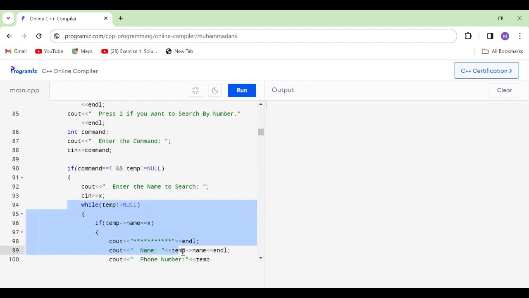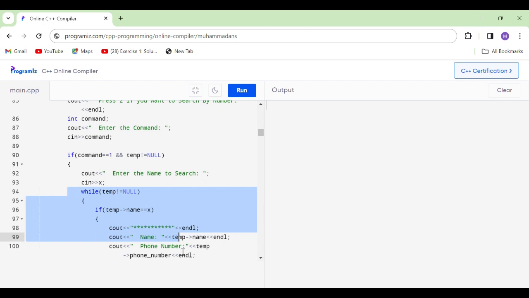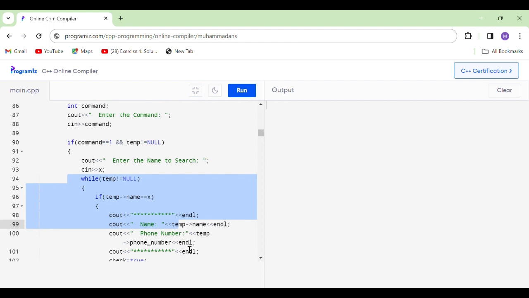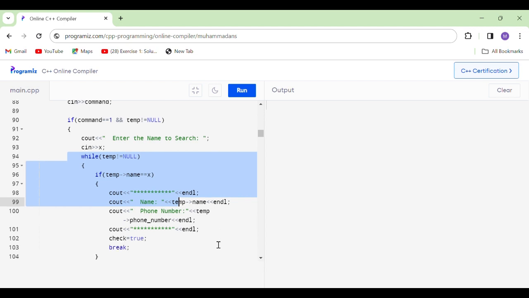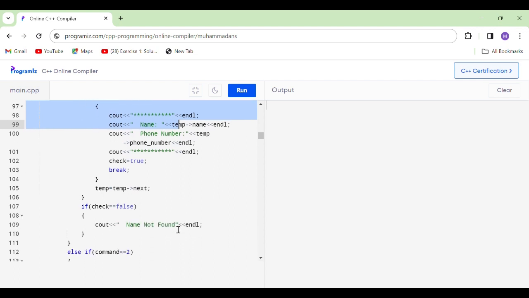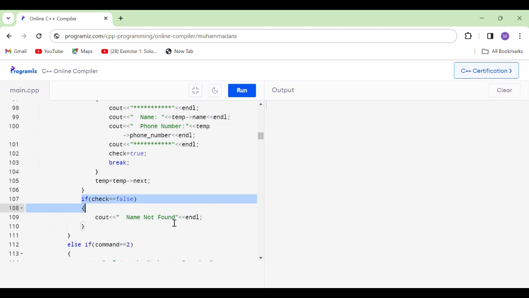Here, a while loop is used to traverse the linked list searching for a match in the name field. If a match is found, the details of the contact are displayed and the check variable is set to true. The loop is then exited. If no match is found, a message is displayed indicating that the name was